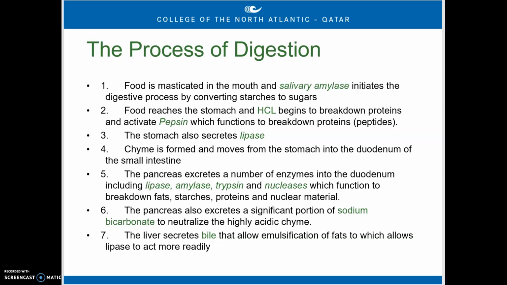Okay, let's have a look at the actual process of digestion now. When we first take a bite of something, we put food into our mouth, the first thing we're going to do is chew that up with our teeth. So that mastication, of course, is the first part of physical digestion. That's where we physically break food into smaller and smaller bits and pieces. And the idea behind that, of course, is to increase surface area as much as we can so that there's lots of room for